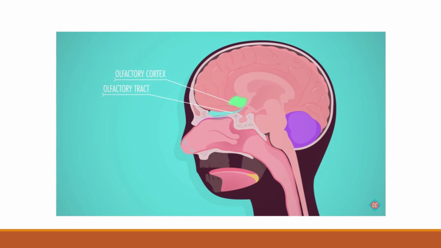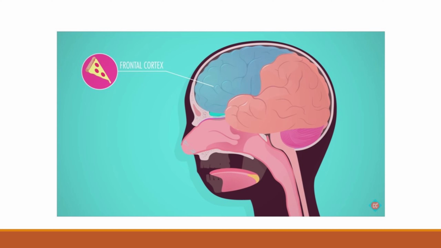In the brain, the olfactory tract, or olfactory nerves, goes to the olfactory cortex, which is located in the temporal lobe. So in the temporal lobe, there is a particular portion, the olfactory cortex, which receives the olfactory tract. So I told you that the brain has two axes for the olfactory stimuli. The brain perceives in two methods. One method is the information after it is received